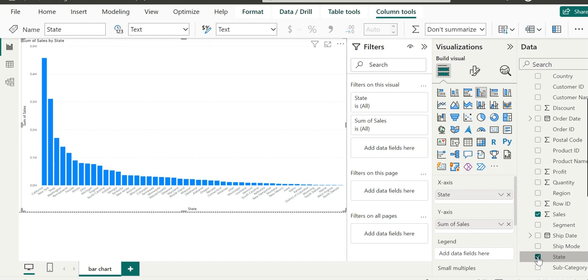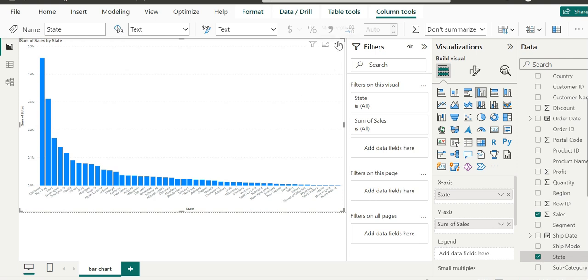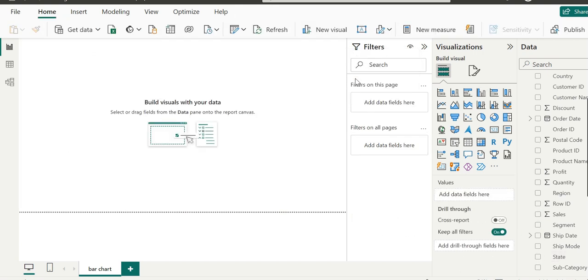Let's round off this demo with one more type of visualization, and this will demonstrate how the default visualization varies for different types of fields. Let's get rid of this clustered column chart. We go back to the report, choose the three dots on the right and choose the remove option. So we are back to the blank report.